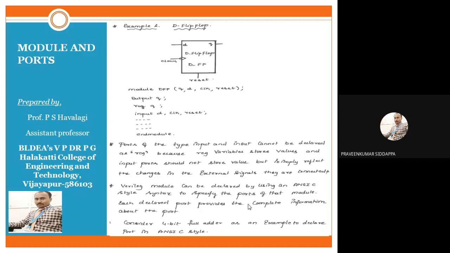Next, an example for port declaration. Within the bracket we have written all inputs and outputs. Which should act as inputs and which should act as outputs, we should mention it. That is the example for port declaration. Okay, so Q is output, so because of that reason I have written output Q. Next reg Q. Input D comma clock comma reset. This one is an example for port declaration. Next, last we will write end model. Is it clear about port declaration? Okay. So this one is about the port declaration.